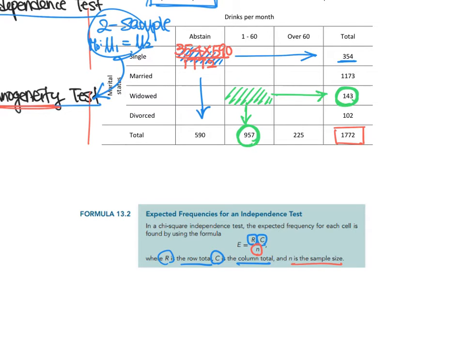So it will be 143 times 957 over 1772. So you can take each expected count. Then it will be 117.87, and the next one will be 191.18, and it's 44.95, and 390.56,